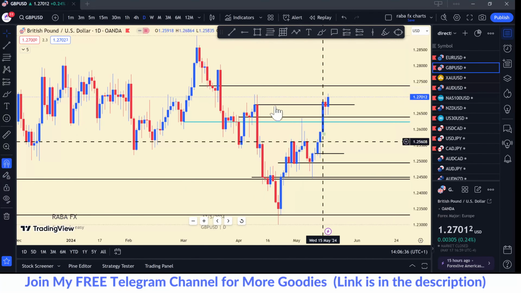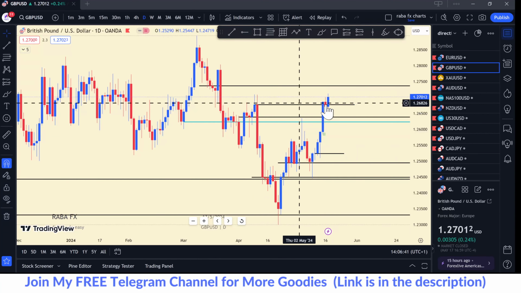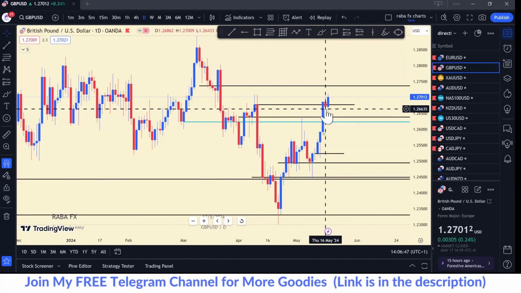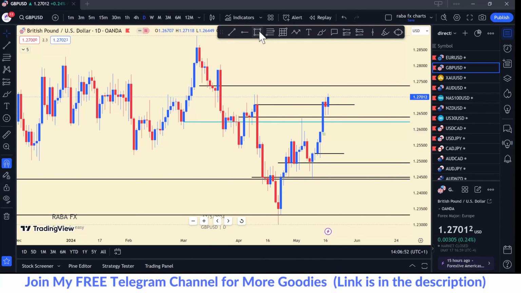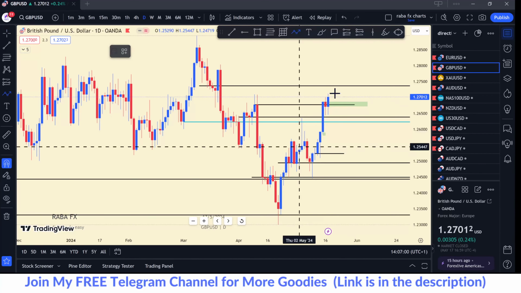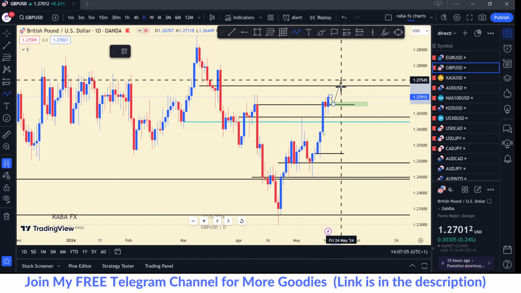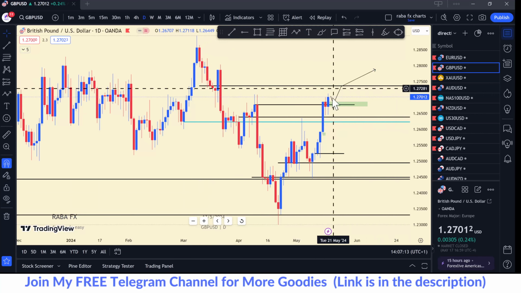If you go to your daily, when price got in here on the daily, what happened? We have a daily level here as well. Price closed above it, gave us a bearish day on Thursday, and on Friday price pushed above. So my opinion is that once price trades back in here, let's continue looking for bullish price action. We'll expect price to give us a reaction from here, and this is our target. This target here is simply an intraday target.